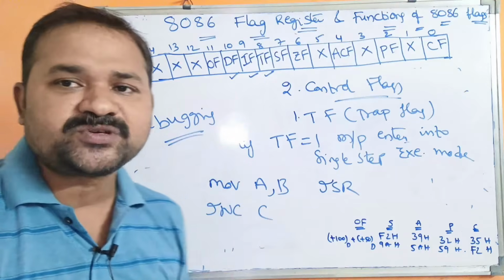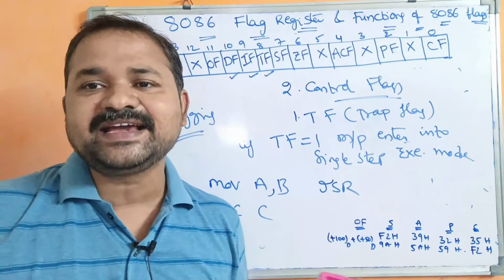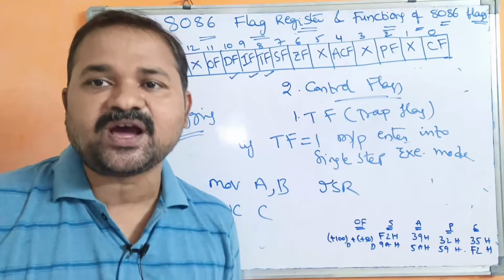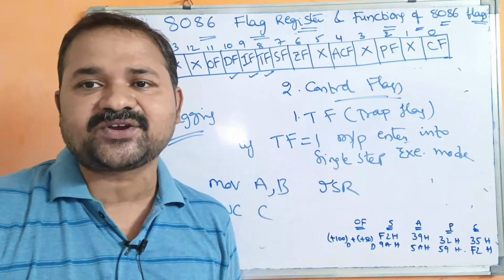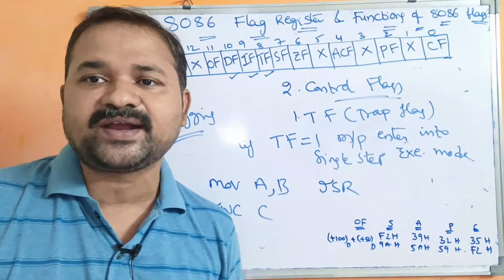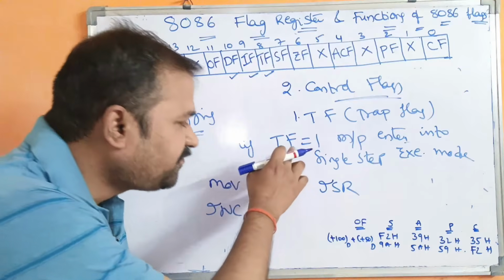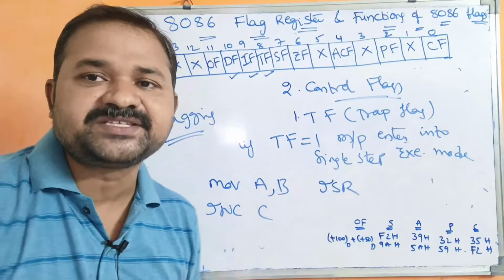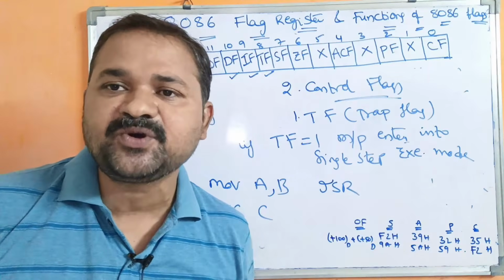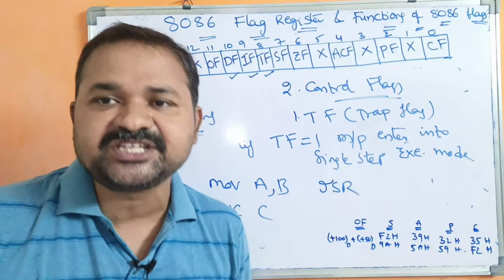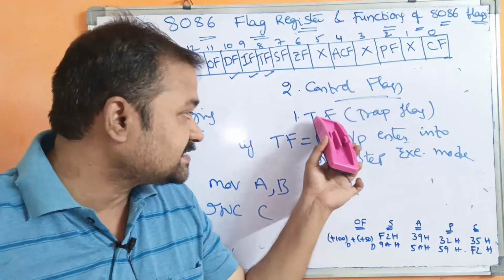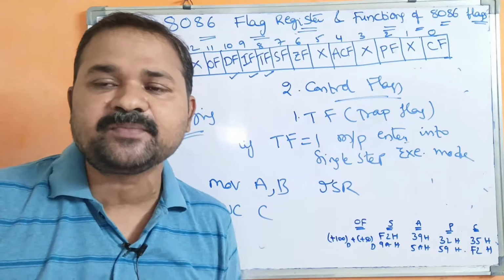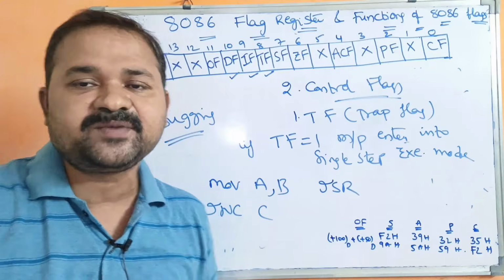We know what debugging is. Debugging means the process of checking for errors and correcting them. After writing the program, we have to check whether there are any errors or not. If there are any errors, then we have to correct the program. So whenever the trap flag is set, the microprocessor enters into single step execution mode. What is single step execution mode? After execution of each instruction, the trap flag will be generated, so the processor control goes to the interrupt service routine program, and after executing it,